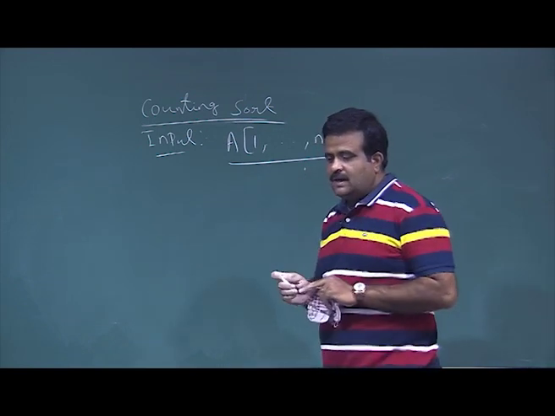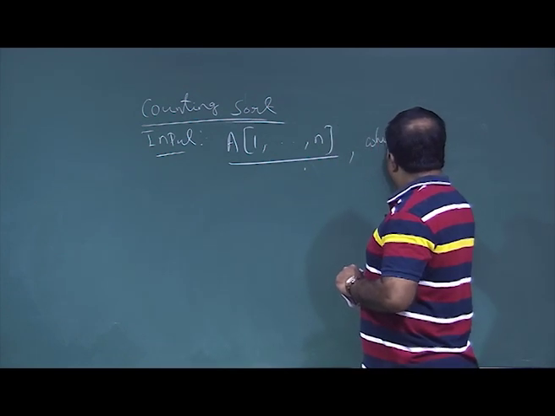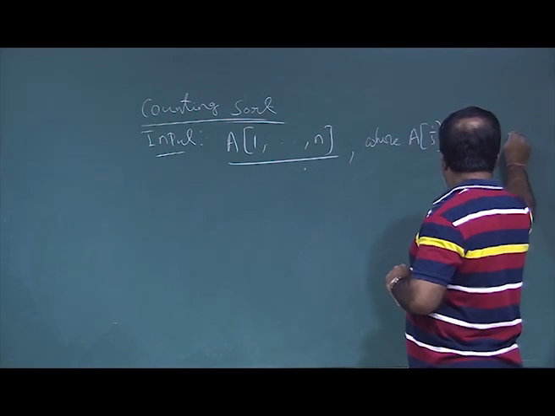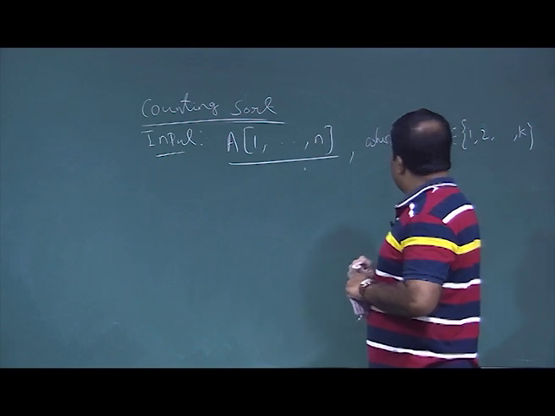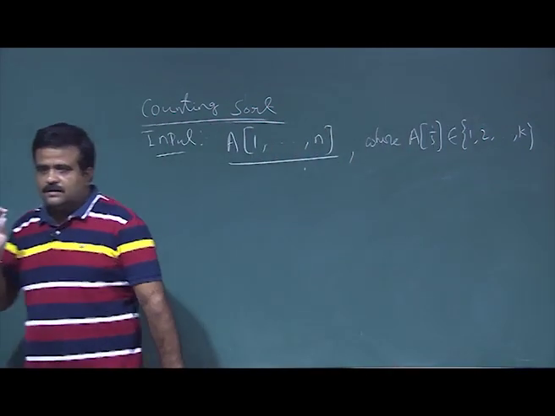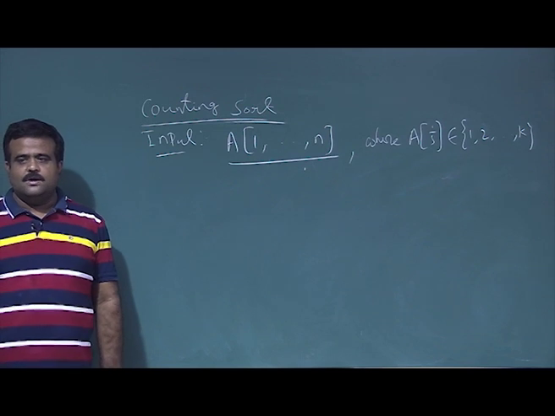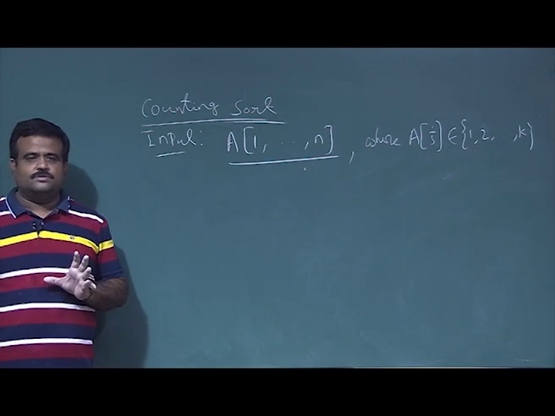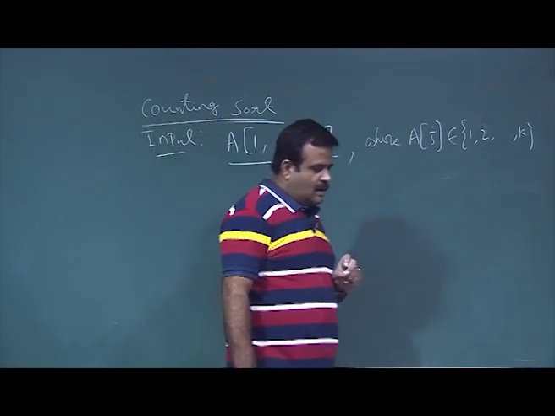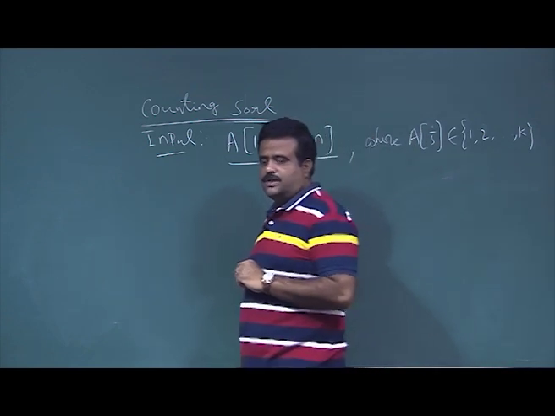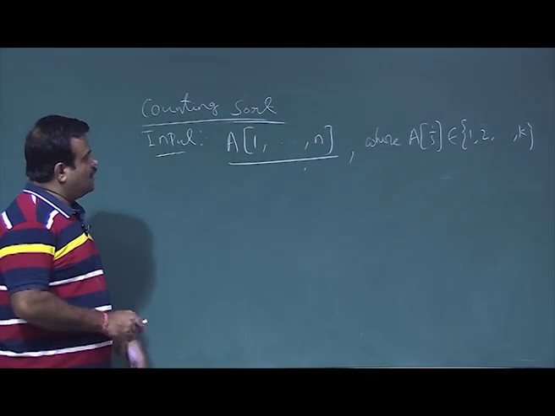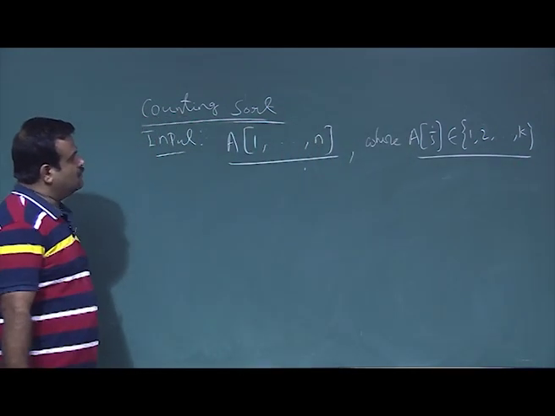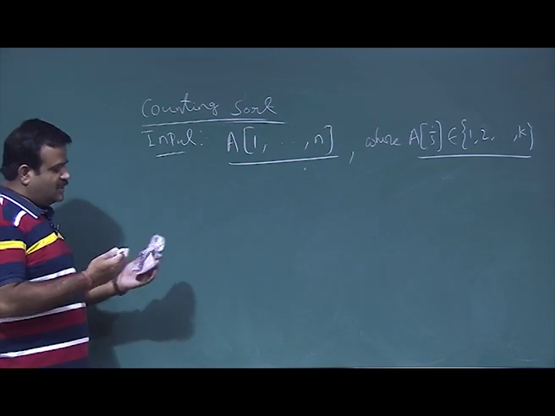That is basically where a_i is coming from 1 to k. So, k is the maximum value we are allowing these numbers to take. Okay. So, this is also part of the input. That means we are fixing the range of the input. That is one of the criteria of this sorting algorithm. We have to mention the range of these numbers, otherwise we cannot sort, because based on that we need to take